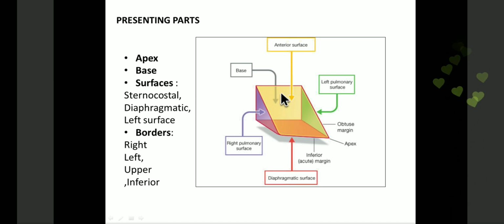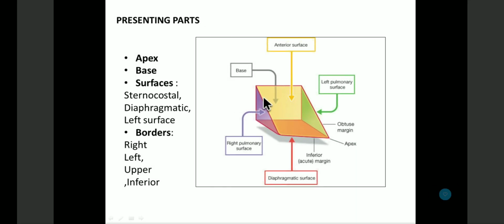The base is posterior, lying in relation with the posterior mediastinal structures. We discussed yesterday also, this is lying in relation with the two principal bronchi, the esophagus, thoracic duct, and the system of veins, etc. The apex is going towards the left side, and then there is the left pulmonary surface towards the left lung and the right pulmonary surface towards the right. Then there are borders: a right border,